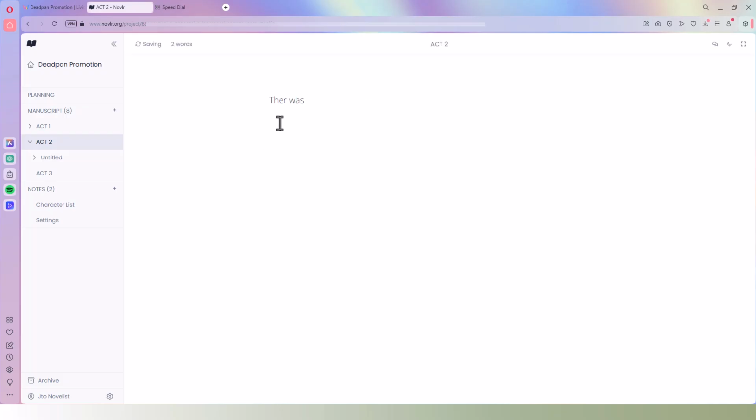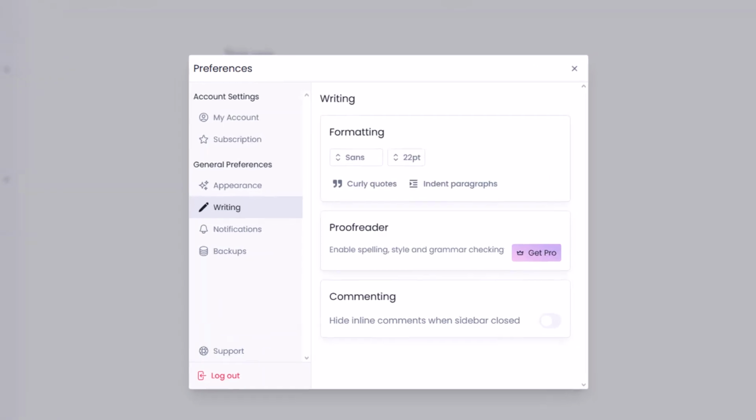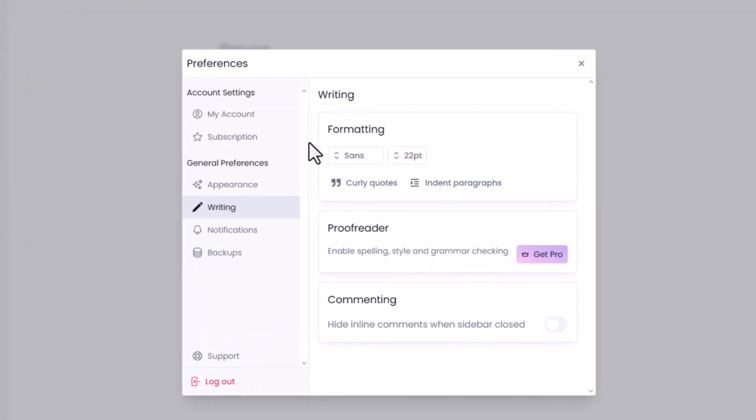You'll see it doesn't even notice that there was spelled incorrectly, that it's a typo. But maybe when you're doing your first draft, you really don't care, because you shouldn't be nitpicking your spelling and stuff on your initial draft anyway. There are some settings having to do with formatting, with changing some of your fonts, so that is in here